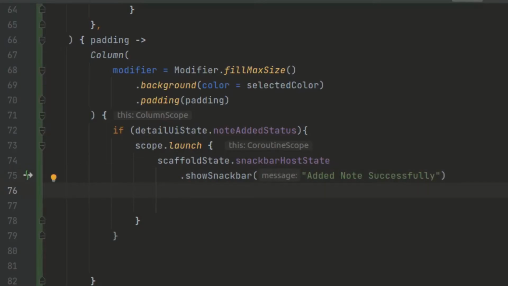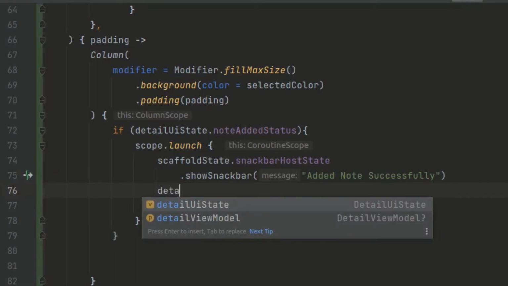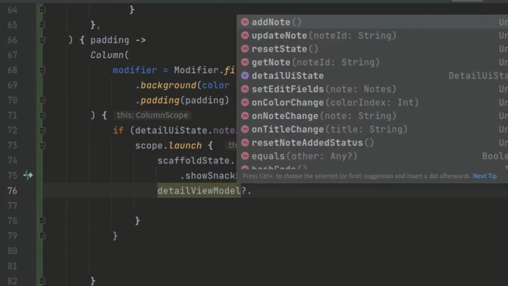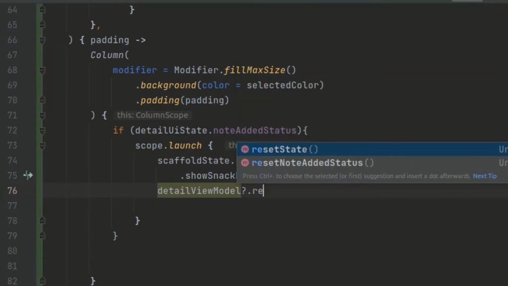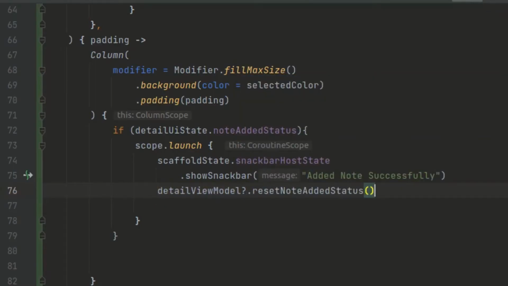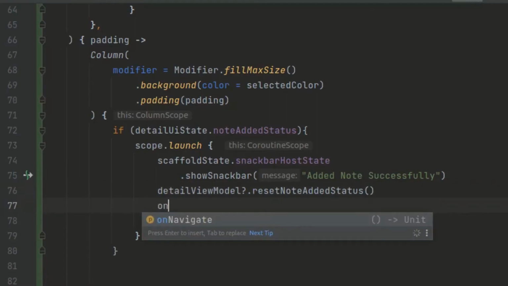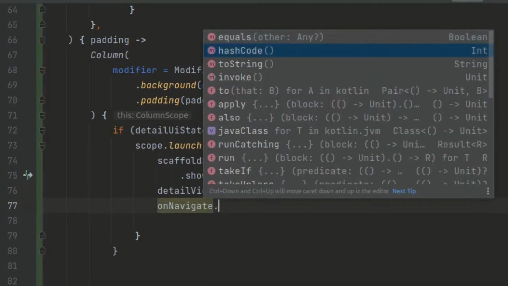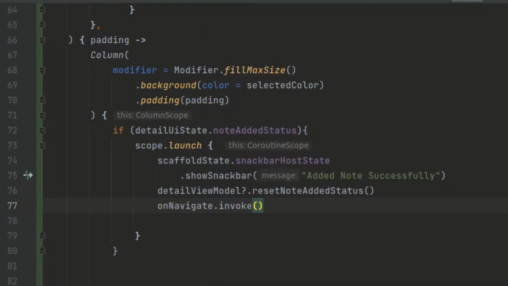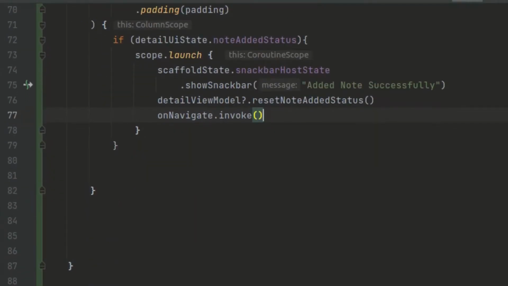Okay, so when we show this snack bar, we want to reset our state. So we can call here our detail view model, and we have to reset our state. And we want to invoke our navigation, so we can call here our onNavigate.invoke. So when we finish adding this, we want also to navigate back to our home screen. And for that case, we are just going to navigate here. Also here we have to define